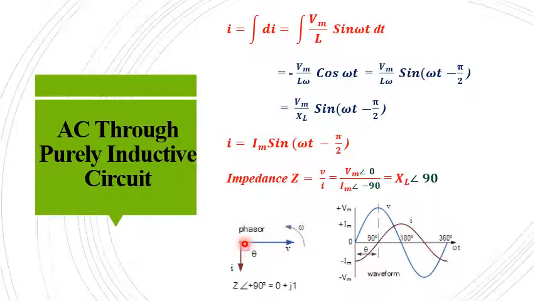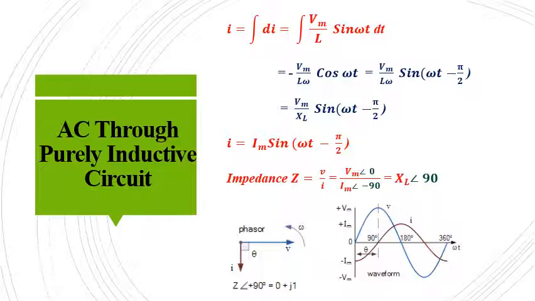So voltage is your reference. We draw the reference phasor. Since current is lagging, your current phasor will come below the voltage phasor. Then lagging by how many degrees? It is actually 90 degree. So the current phasor will be 90 degree apart from the voltage phasor. That also we have to draw below because it is lagging. So this will be the phasor diagram of a purely inductive circuit.